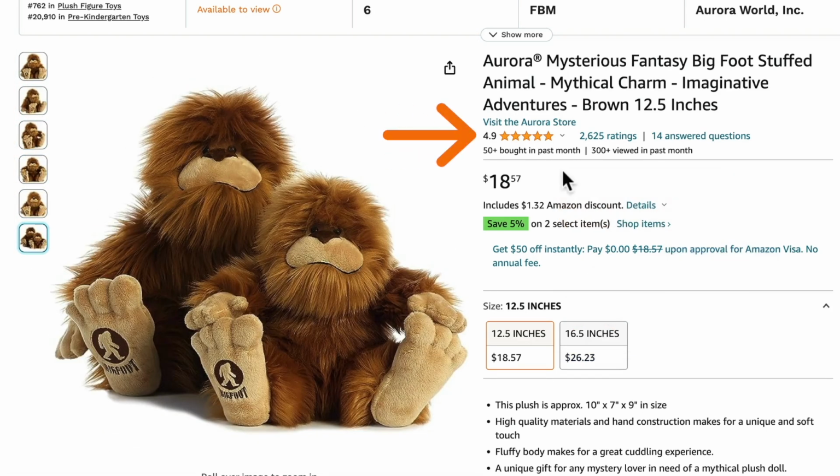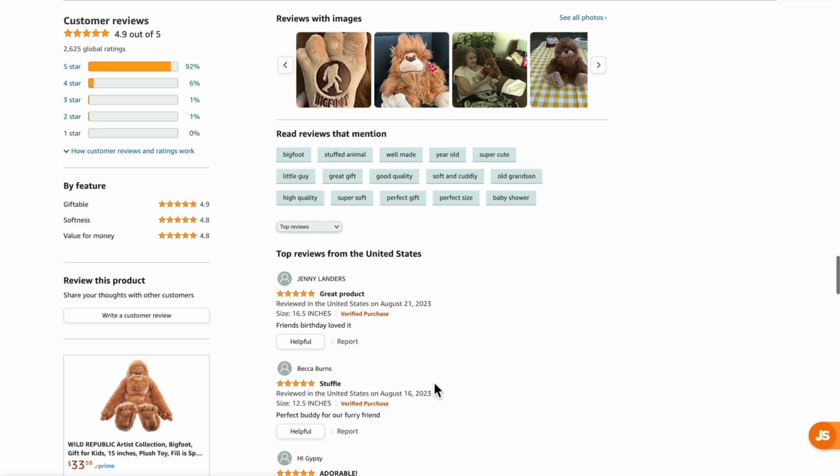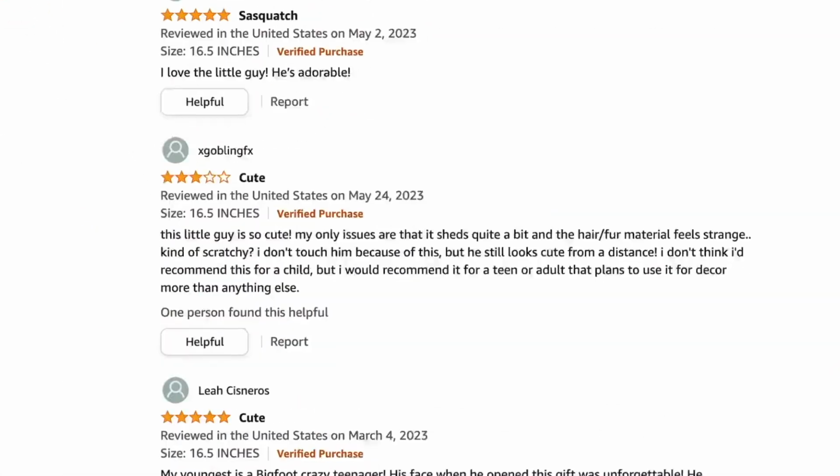The reviews, reviews aren't super important when selling wholesale products, but you don't want something that is constantly getting negative reviews because you might get stuck with some inventory down the line that doesn't sell because it's just a poor quality product. Another good thing to mention when I'm searching for wholesale products, I tend to look for products